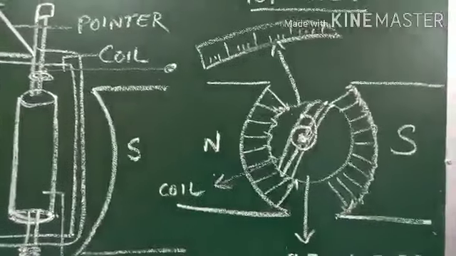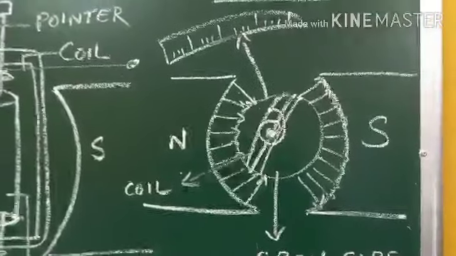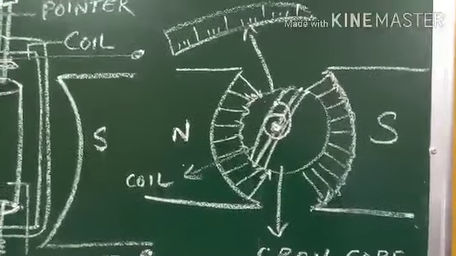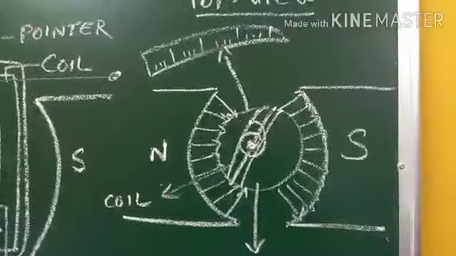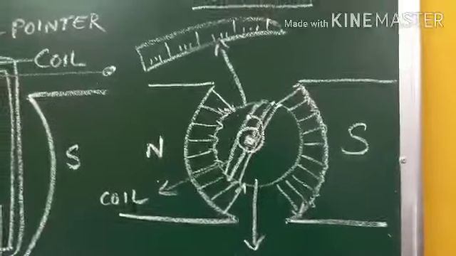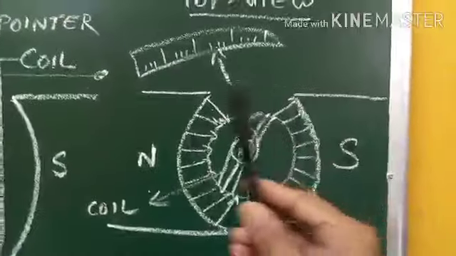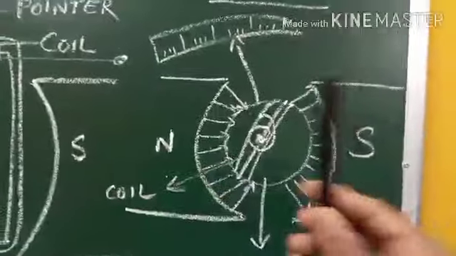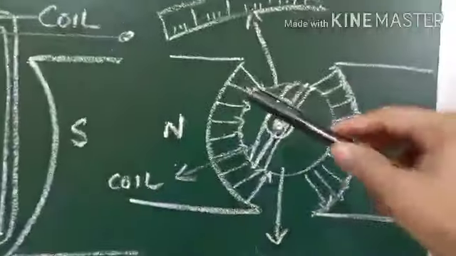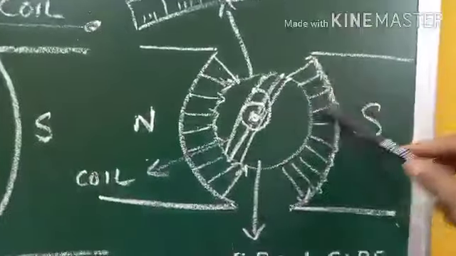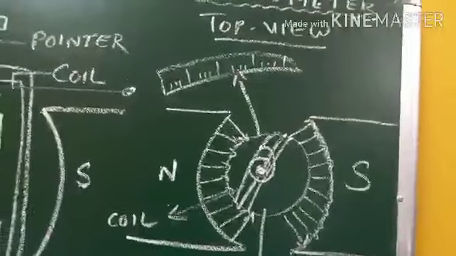It makes the lines of force point along the radii of a circle, and such a field is called a radial field. What is the peculiarity of the radial field? The plane of the coil rotating in such a field will remain parallel to the field in all positions. When the coil rotates through all positions, the plane of the coil will be parallel to the magnetic lines of force, because the field lines are there in all directions.